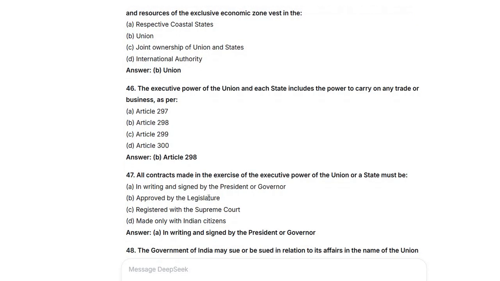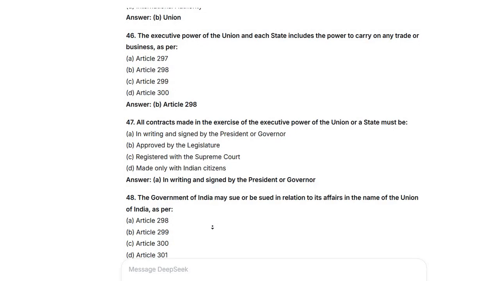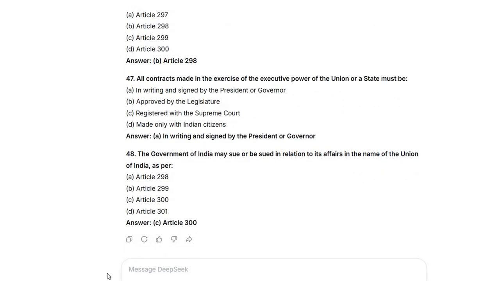48. The Government of India may sue or be sued in relation to its affairs in the name of the Union of India as per Article 300. And that continues the